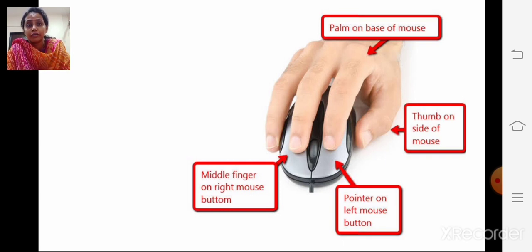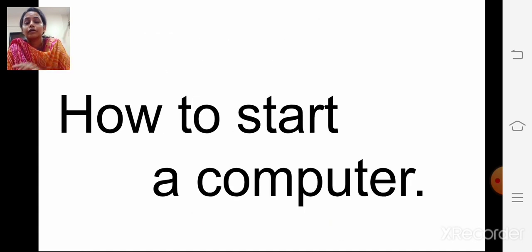Okay, understood children? To drag, to draw a picture, to close an application, to open an application. If you want to open Notepad, you can use the mouse, right? If you want to open the Paint window, you can use the mouse. Understood? So these are the uses of the mouse. Now children, see,